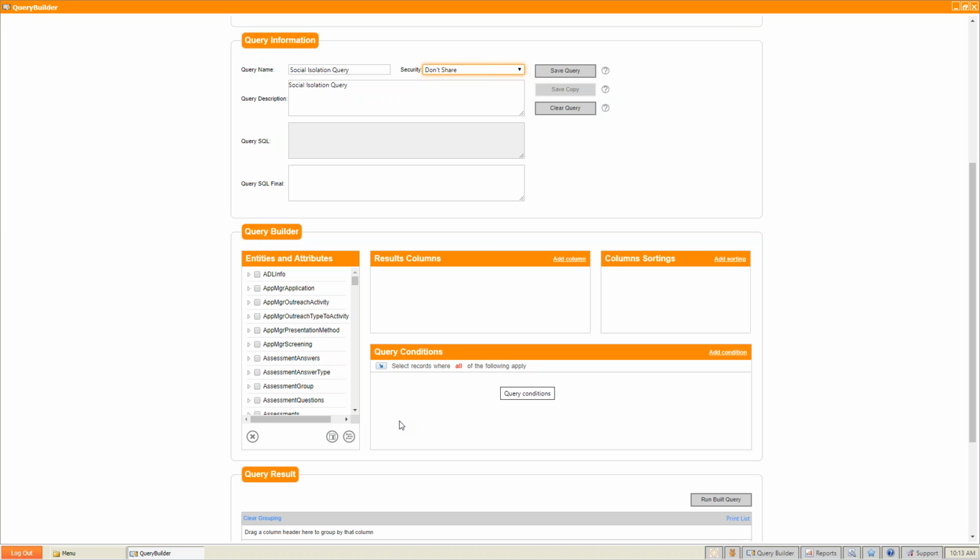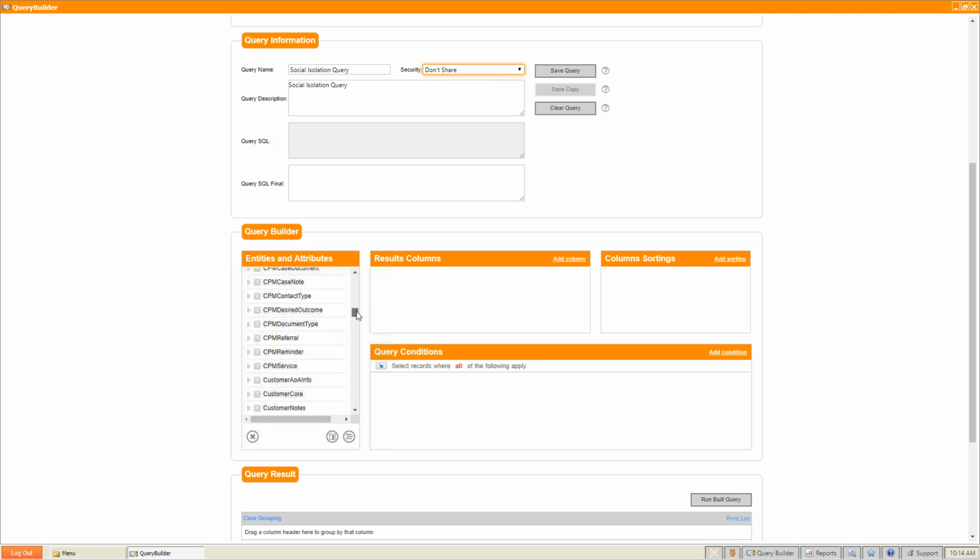The columns on this are all related to the client registration. So what we're going to look for in here is customer core. That has all of our client registration information. We click on the arrow on the left, it actually opens it. If we wanted all of the fields in there, we can just check on the box. In this case, we really don't. We basically want the client ID,